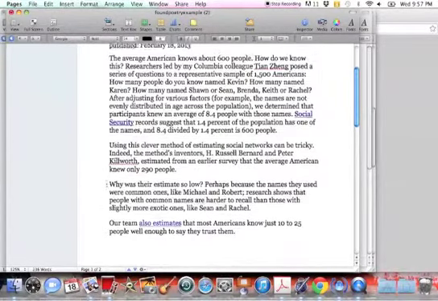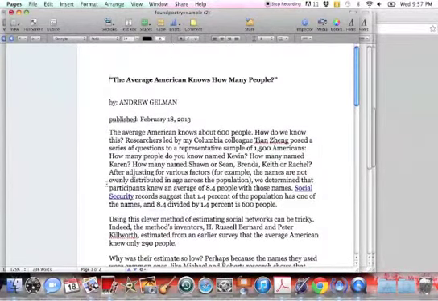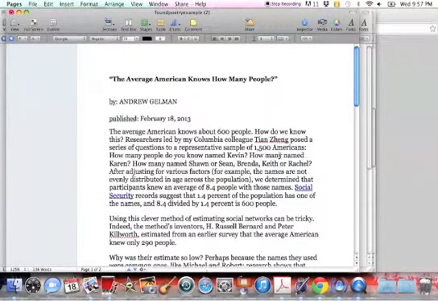Okay, so I have to say it's a pretty cool article, but as I was going through this, something stood out to me. I like the words average American. Something else that stood out to me are these names that are used in the article. I thought to myself, could I do something with those names? So I wrote all these words down on a separate sheet of paper. I arranged them and I made line breaks in a few different places. And let me show you what I came up with.